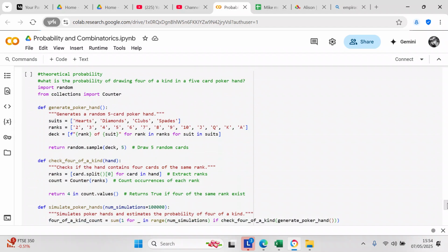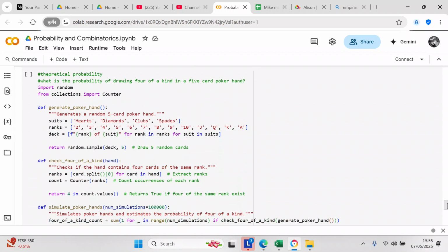So we have another question. What is the probability of drawing 4 of a kind in a 5-card poker hand? So we're going to import random, and from collections, we're going to import Counter. And we're going to create a function called def generate_poker_hand. So suits equals hearts, diamonds, clubs, spades. Ranks equals 2, 3, 4, 5, 6, 7, 8, 9, 10,